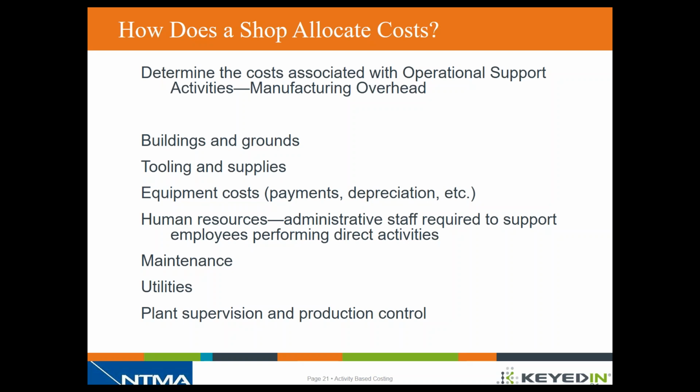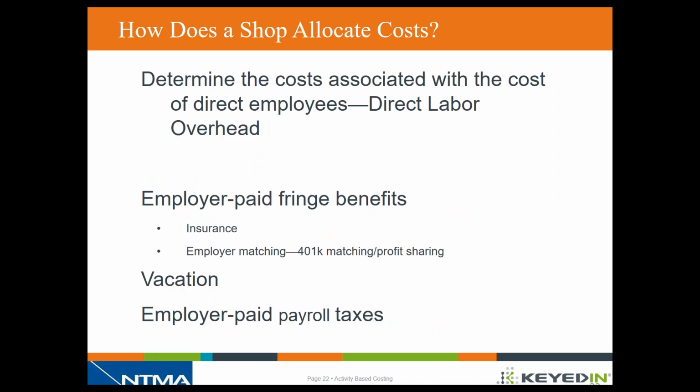You have human resource costs, all of those other administrative staff that are going to be, again, used to really just support the operation of the business. You have maintenance, you have utilities, you have supervisory people. So how do we now go about allocating that across and getting it accurately costed directly to our work orders? Well, I would, again, look at the different types of cost pools that you have